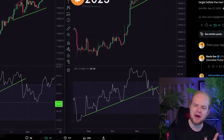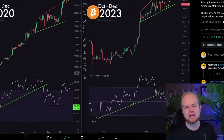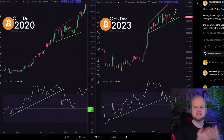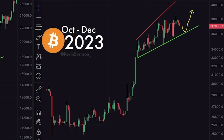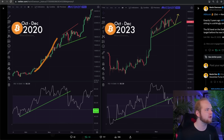Bitcoin is sitting in a pattern that not many people are seeing right now, and that is an ascending broadening wedge. These charts, side by side, look pretty much the same, and it's really interesting that the chart on the left is October to December of 2020, and the chart on the right is October to December of 2023 this year. And we are sitting in a very similar setup where Bitcoin has an impulse up and then creates a